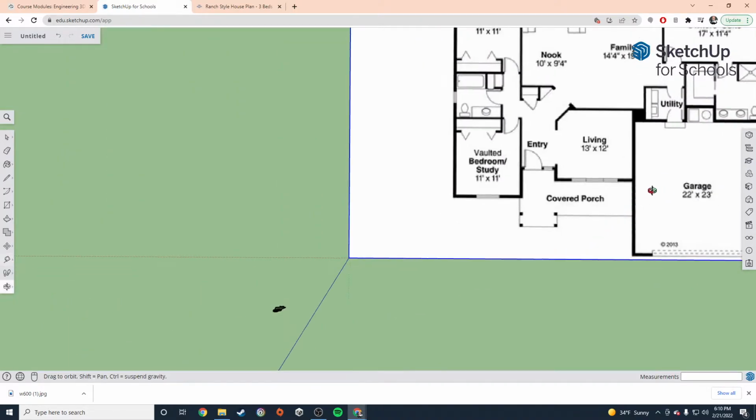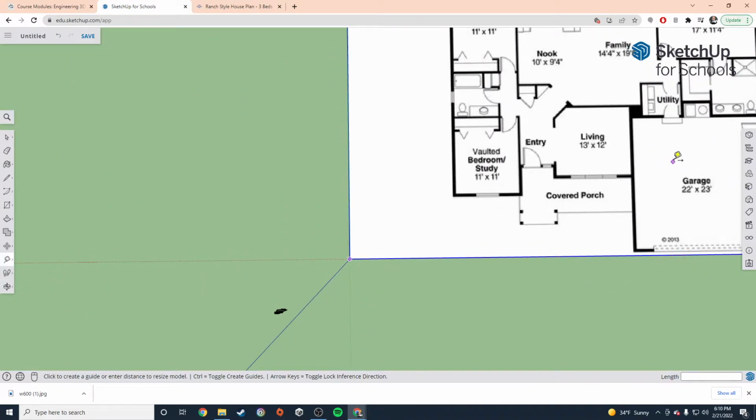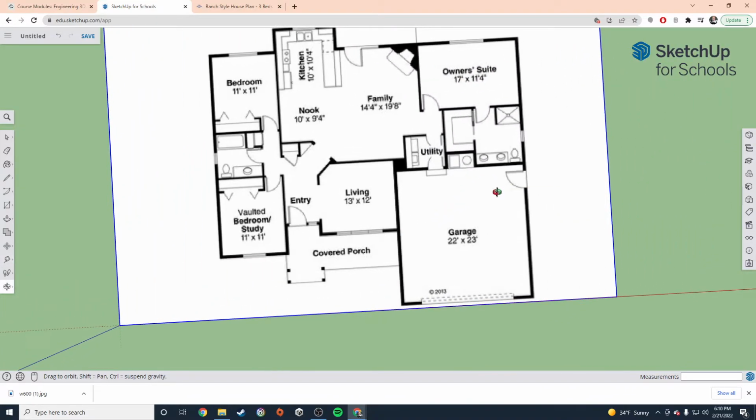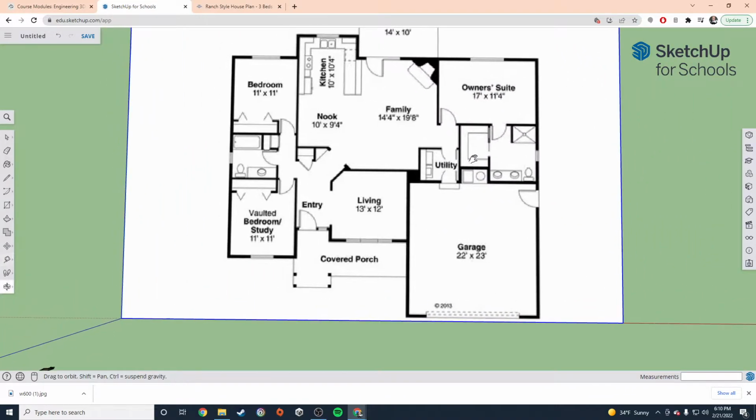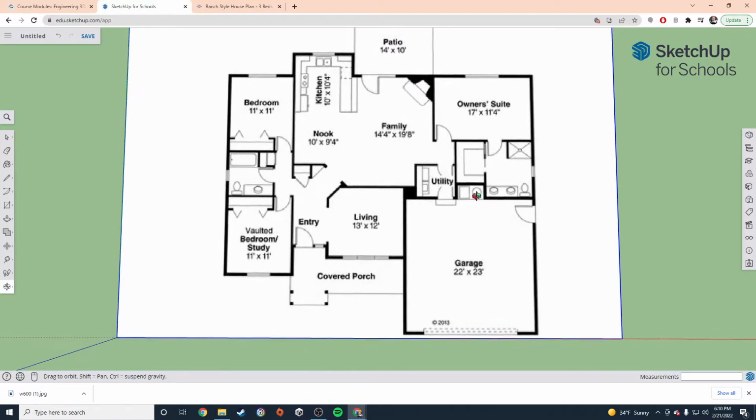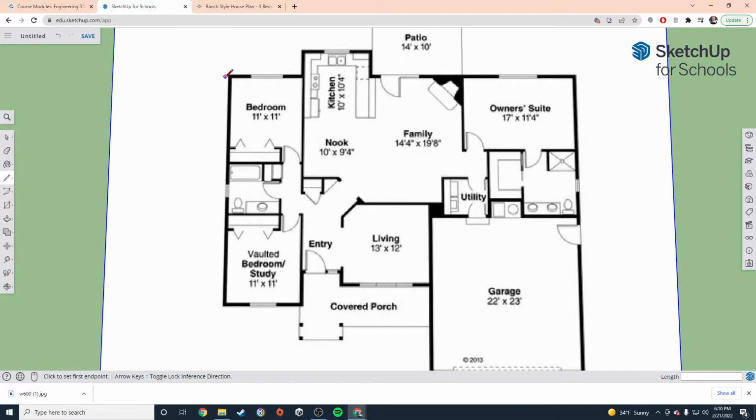Okay, so now we get to do the fun thing. Now we get to start basically drawing out this model. Now, I like to start with the outside edge to kind of build the outside of the model. So I'm going to go ahead and start with that. So I'm going to grab my pencil tool or my line tool, and I'm just going to start up here in the top corner and just start drawing an outline